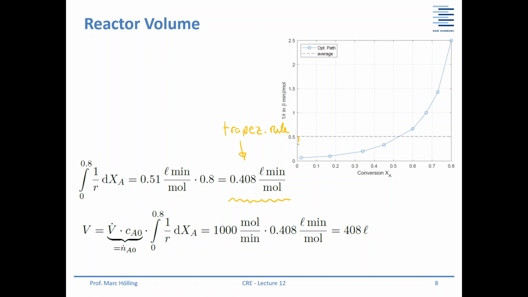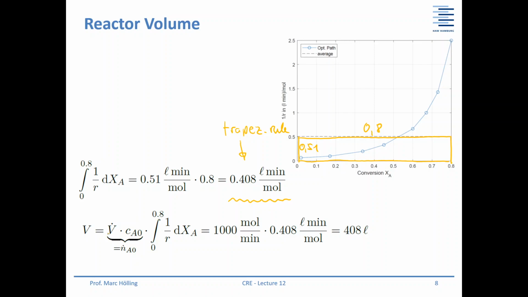If you want to do it in a simple way, you can just say, okay, my area here is just a rectangle, this side is 0.8, this side is 0.51, and then you end up with an area of 0.408. And then your reactor volume for this plug flow reactor with the optimal temperature profile is just